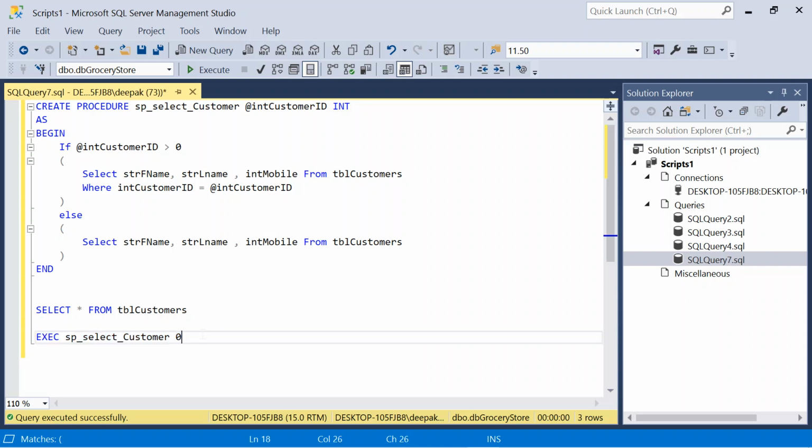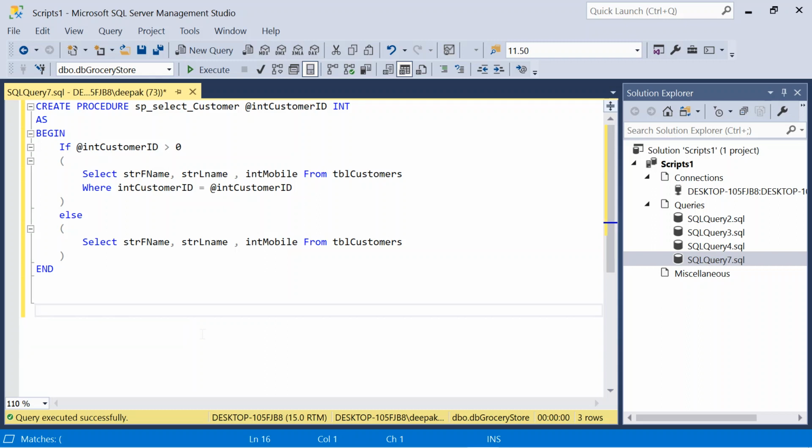Now we will write another store procedure to insert, update and delete the records from the table. sp_update_customer, right?